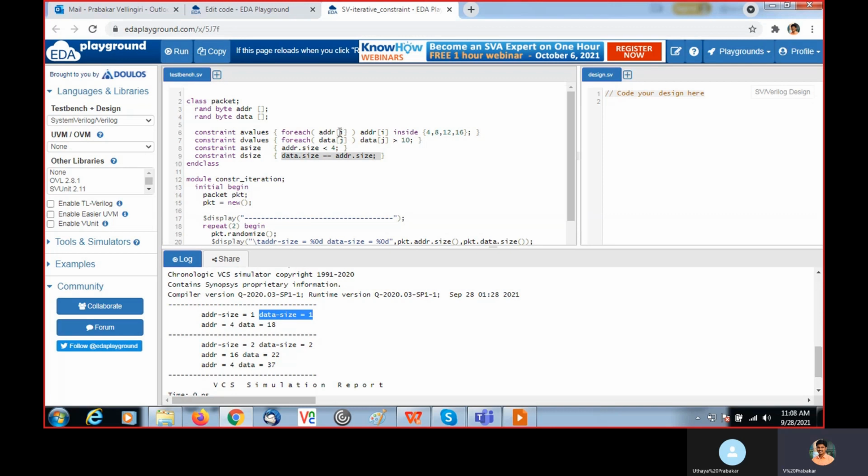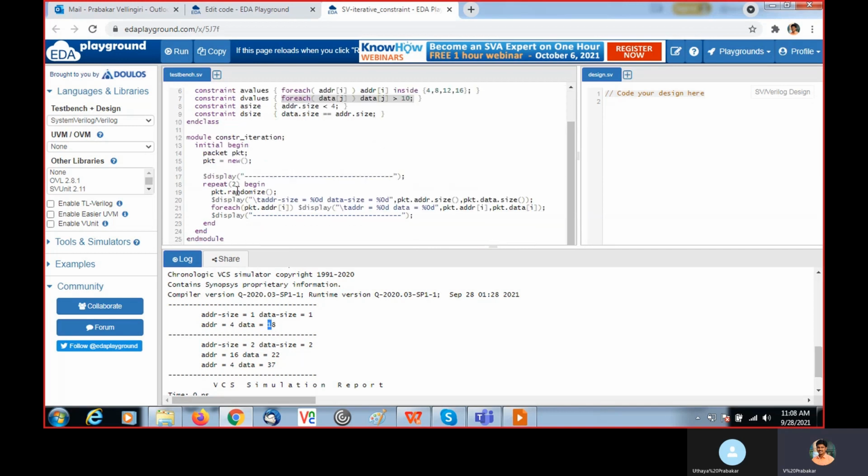Here I and j, no need to declare explicitly, automatically it will consider. For this constraint, the element address of 1 will take any one of the values. Here it took 4, and for data, it will take any one value greater than 10. So it took value 18.